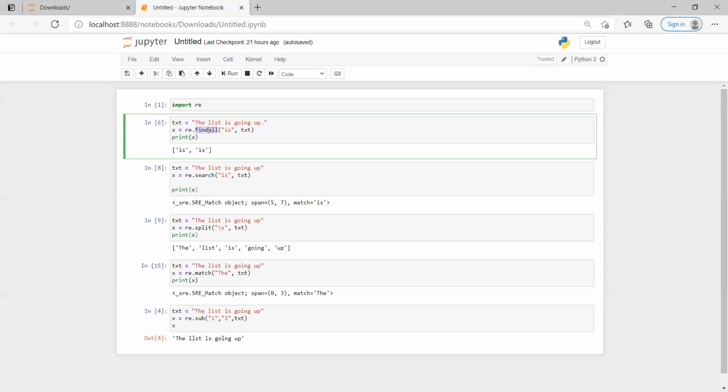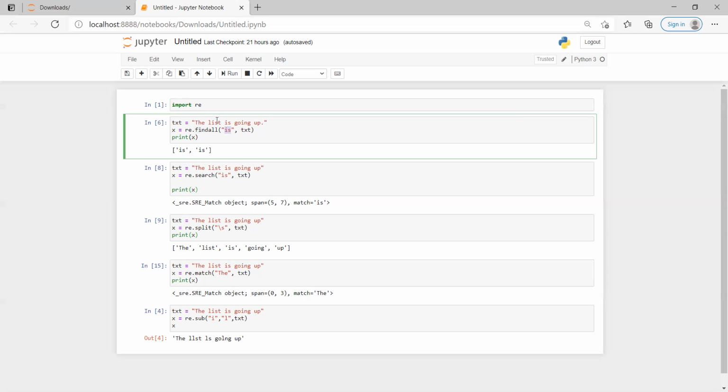Normally, it checks the appearance of these characters within a sentence. It might be one time or two times. The number of times this sequence of characters appears in the sentence is picked up and displayed as a result. I have this text, "the list is going up", and I'm going to use the regular expression findall function to check for "is" in the entire sentence.